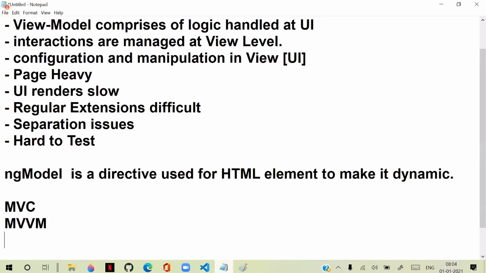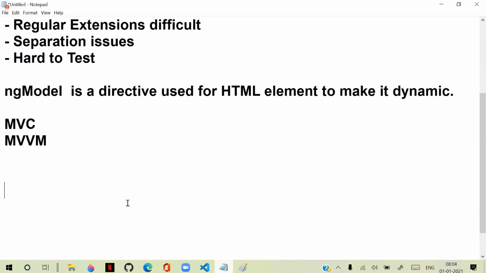Once you know this, another important thing after understanding two-way binding is to learn more about data binding that you can manage using Angular directives. You need to understand what directives are and how to deal with them to make data binding better. We will see that in our next session. Tomorrow we will see what Angular directives are and how to deal with them. Okay.